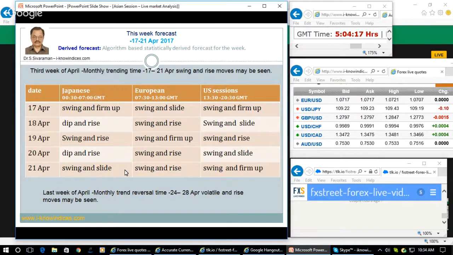Ultimately, everybody is interested in earning consistently in every trade, but you should know the methodology of doing it. And you know the market is full of manipulations. In such a situation, the only solution to get rid of market surprise is to understand which way they are going to do the manipulation. So I took the effort to identify that, and based on that, I'm giving the market forecast.